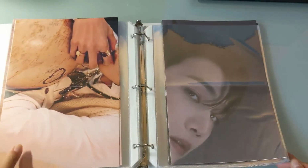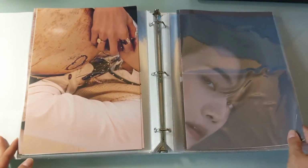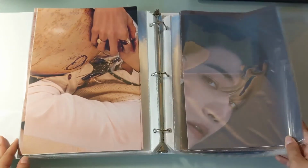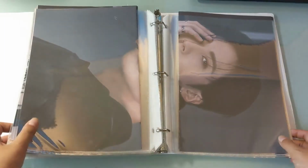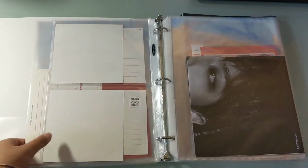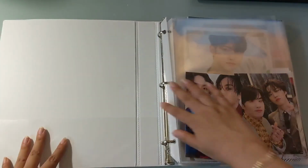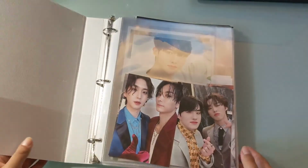Some of the people who joined my group order were not Kino stans, but they still wanted to support Kino in his solo endeavor. But hopefully the templates come out faster than the items get shipped to me, so I can let my GO joiners know what type of inclusions they could be expecting. So that'll be my next Pentagon video, and until then, this was my large inclusions binder,